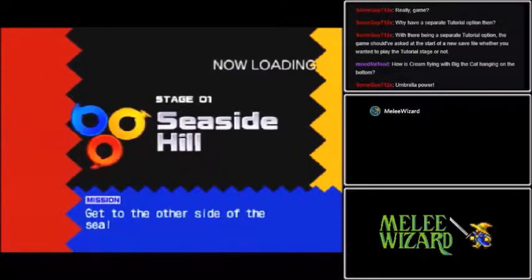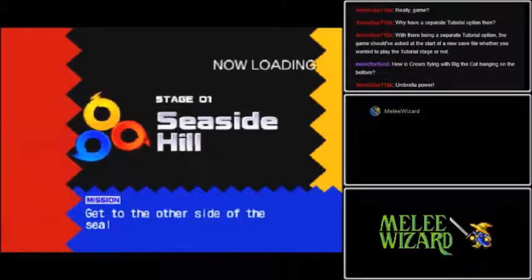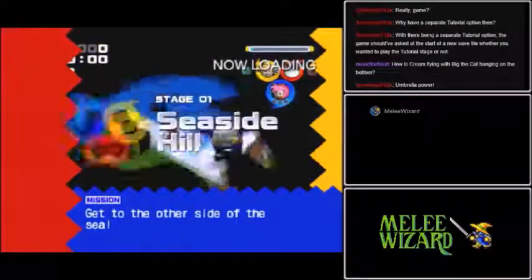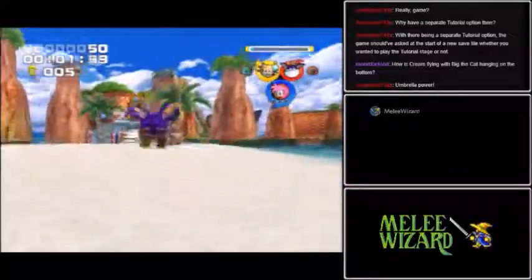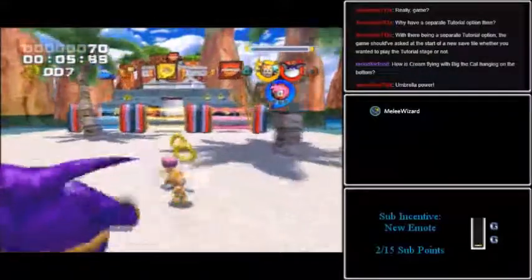Alright, Seaside Hill. Get to the other side of the sea. Okay, so I just tried the D-pad and it didn't do anything, so...